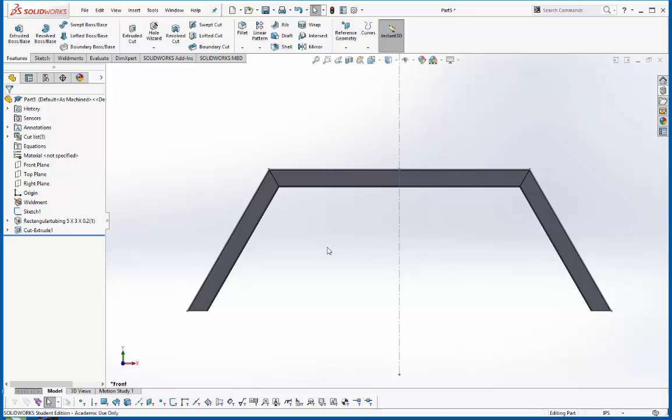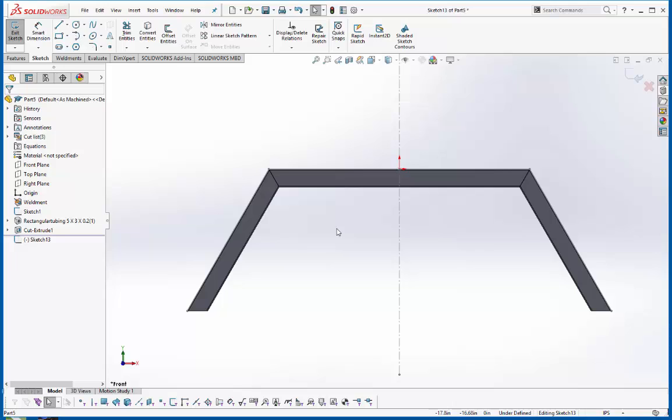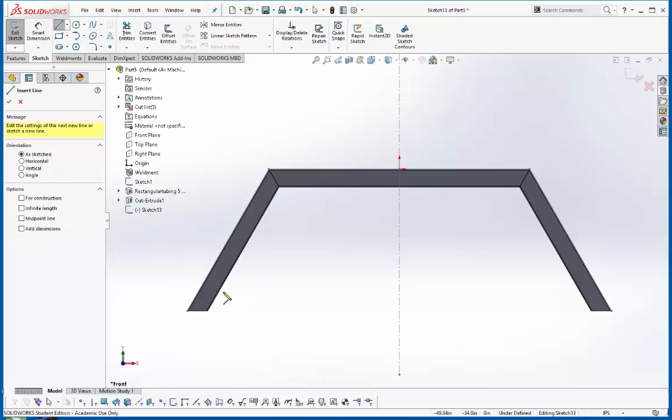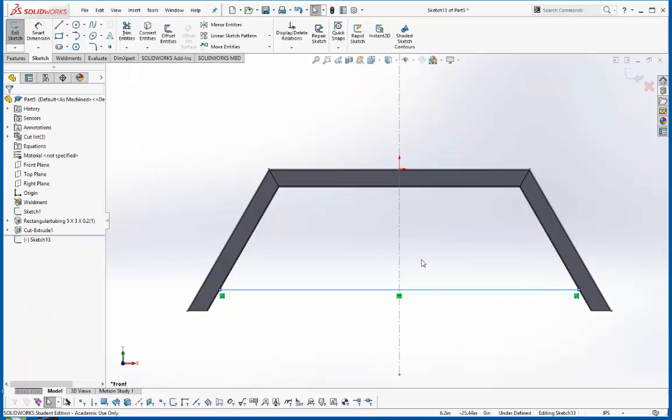Now let's say I want to put some structural pieces that go across, and I want to make those a different size than the structural piece that I just created. What I can do is sketch again on the front plane, and if you set your parts up correctly, sketching everything on one plane, which is down the center of your structural weldment, can make life a lot easier. Now I'm going to draw some lines, and I'm just going to draw them so that they start on the edge of one part, go straight across in a horizontal, stop on the other part, hit the escape key, go back in the line command,